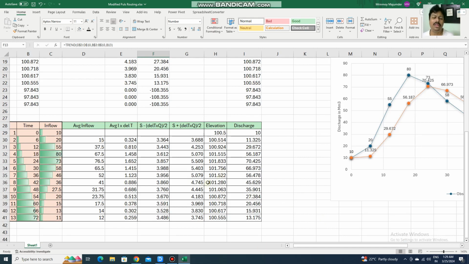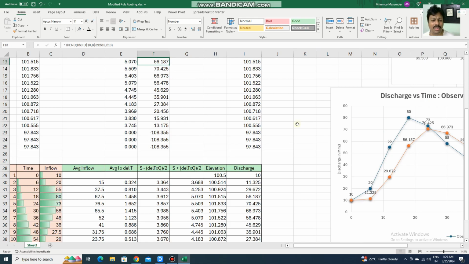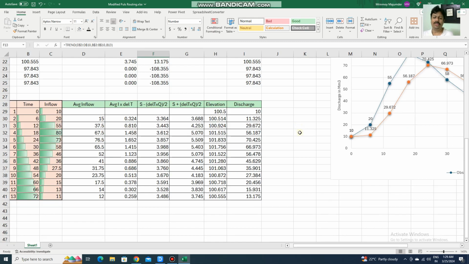You will get the S minus del T into Q by 2 of the current time step. Then add current time step average I into del T and S minus del T into Q by 2, and you find the current time step RHS. Then you put it into the trend function of that elevation versus RHS curve, and you will get a new elevation and new discharge automatically from that outflow versus elevation curve, and so on. And if you draw it,